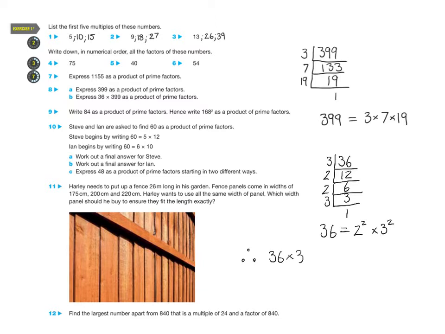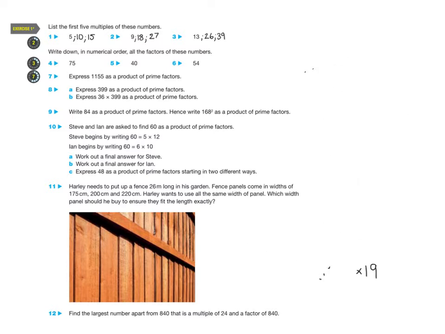36 times 399, I'm writing the answer underneath, is going to be 2 squared times, and over here I have 3 squared and I've got another 3, so that means I've got 3 3's that are being multiplied by each other, and there's the rest of the answer. So I've had to take the two numbers, 399 and 36, and combine them to make that as a product of its prime factors. Let's just erase everything else before we go on to the next one,